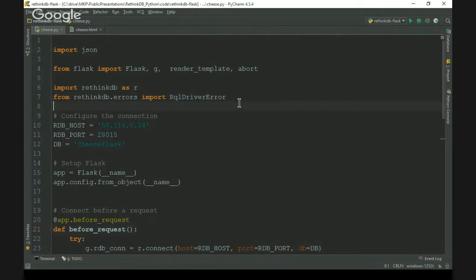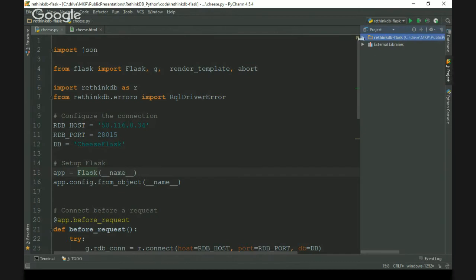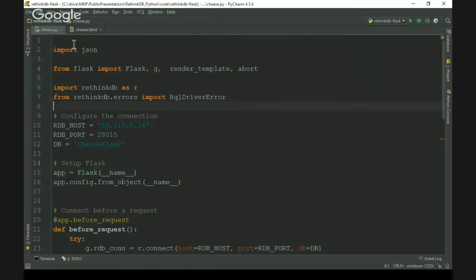Okay. So this is a Flask app right here. You can see it's got the regular kind of Flask template over here. It's very simple. We have one HTML page, one CSS page, and then just our main cheese.py. So what I've chosen to focus on as far as my data set is cheese. So we're going to have a cheese database. And I better make sure I'm following my notes here. Okay, so the first thing we're going to do,